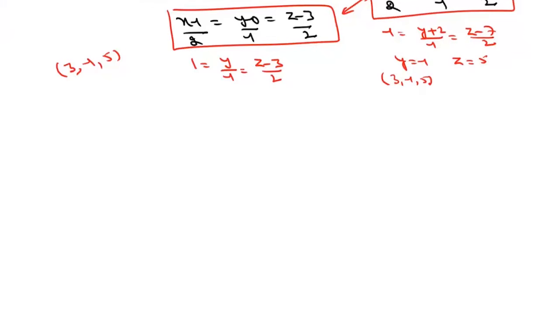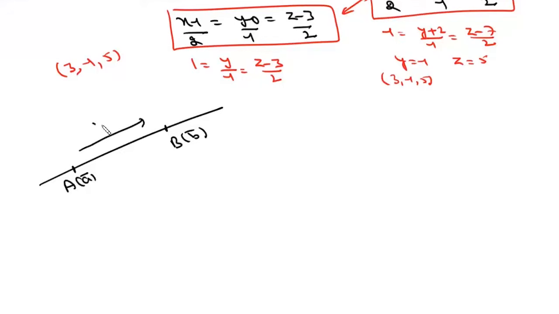Now if we have to write this equation in vector form, suppose we have 2 points A and B, and suppose the position vector of A is A and the position vector of B is B. Then we can write this vector AB as B minus A. So once we have a point and direction, we can write this equation as R equals A plus lambda B. Now R equals A in this case is A, and plus lambda B, where B is symbolic of this direction vector. So it will be this